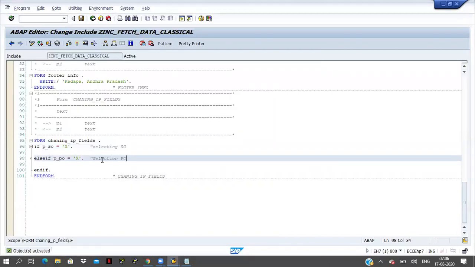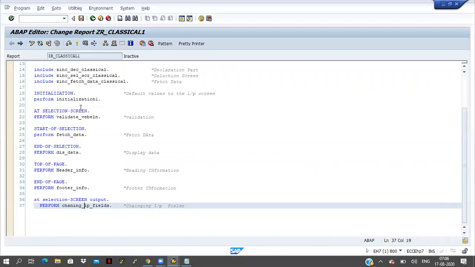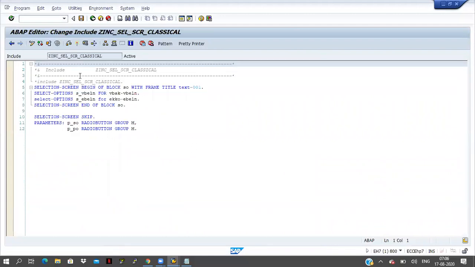Now what we have to do? In the selection screen area, we have to write some more code here, because whenever I am selecting a radio button, automatically the input fields are changing here, right? So for that one, we have to do one more thing.